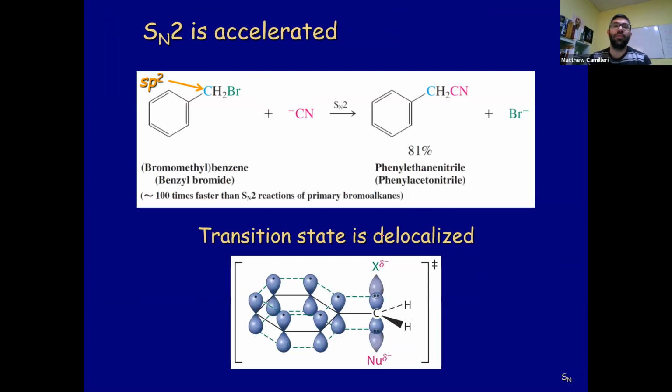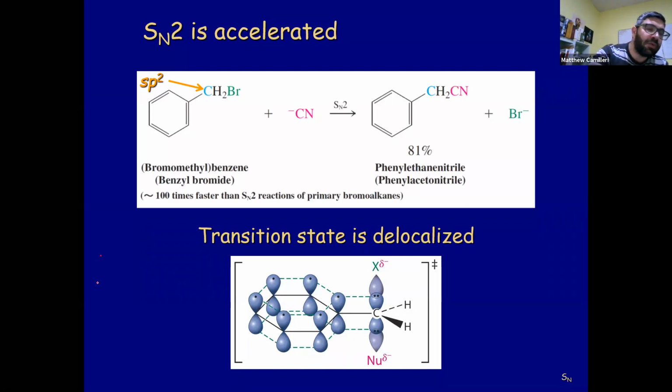SN2 is accelerated because it's easier to lose the bromide, because you have a transition state that is delocalized. Normally in SN2 we have a transition state that is not stabilized through the ring, because there's no ring. But for a benzylic position, you have a transition state that is stabilized onto the ring, which means you can have the charge all over the ring, meaning the transition state is more stable, meaning you require less energy to produce it, meaning it's going to be faster. Remember, every time we speak about transition states,